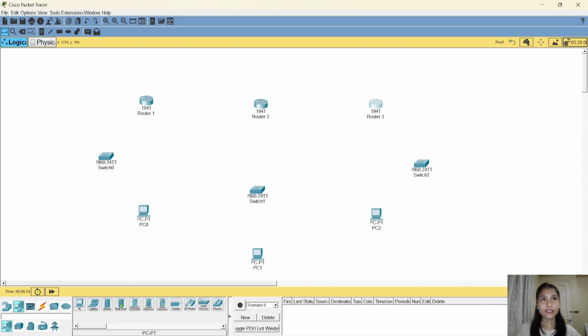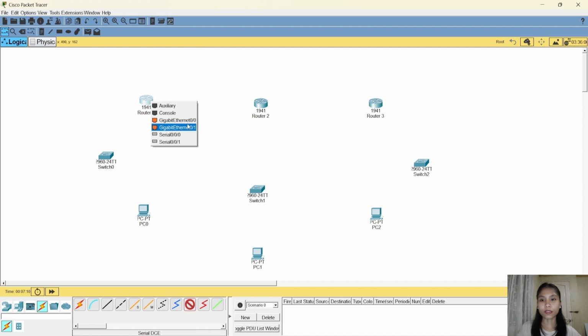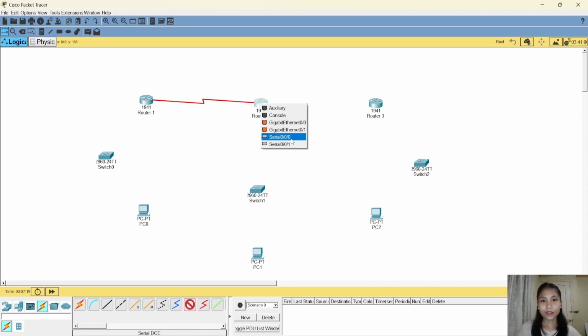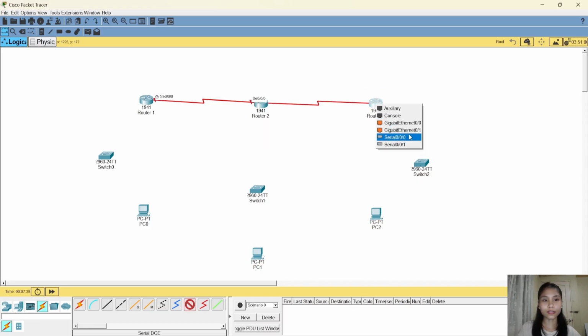Now let's connect the devices. First, we will connect router to router. So we will use serial DCE, or we could use serial DTE, but for now, we will use serial DCE. And we will connect router 1's serial 0/0/0 to router 2's serial 0/0/0. And then we will use serial DCE again to connect router 2's serial 0/0/1